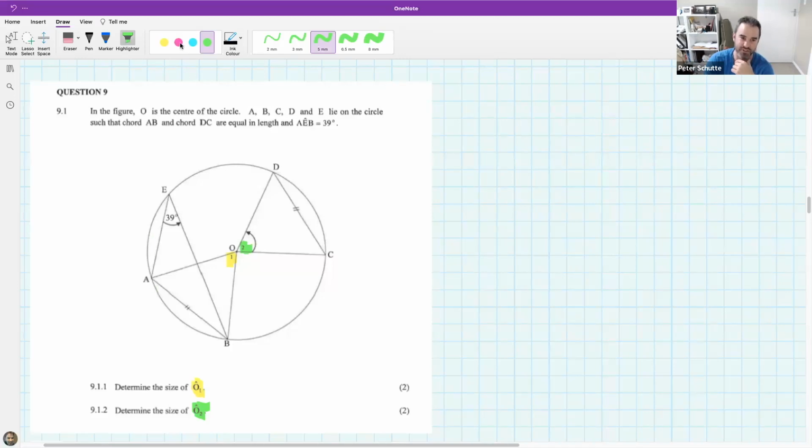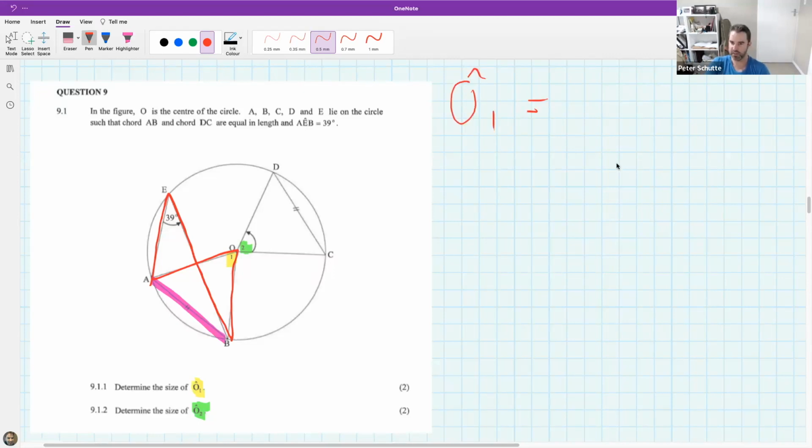Oh, but it's such a good question. Here's the chord, and it subtends an angle at the center, and it also subtends an angle at the circumference. These are not angles in the same segment. O1 is not going to be 39. O1 is going to be double 39, which is 78. And our reason is going to be angle at center equals twice angle at